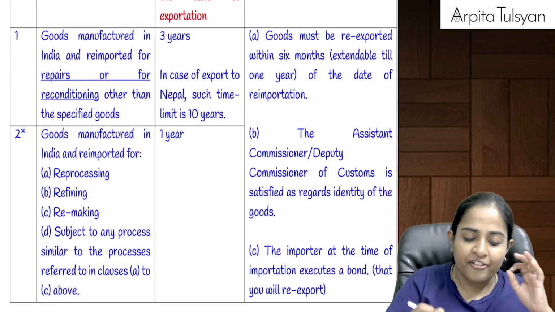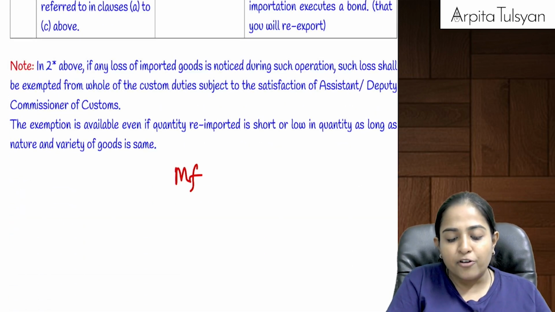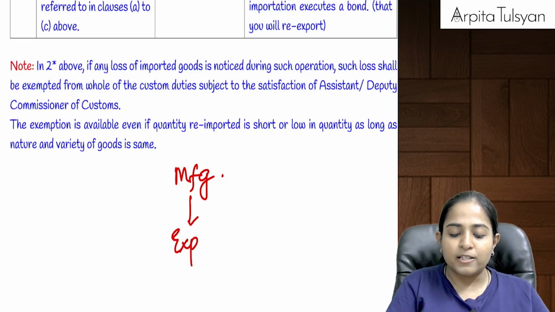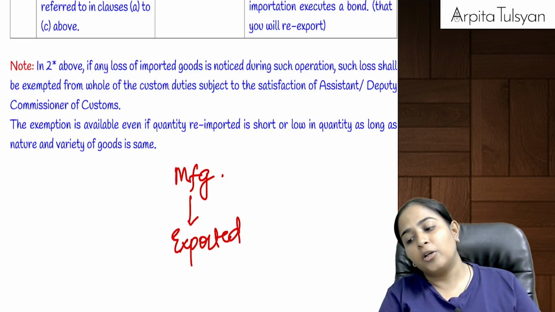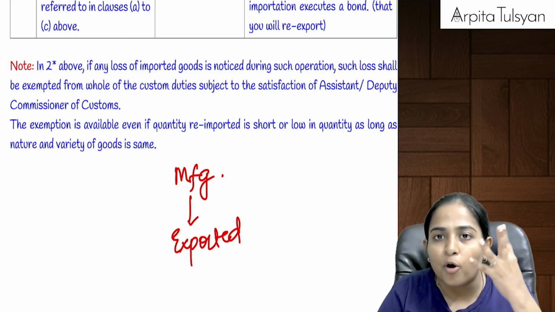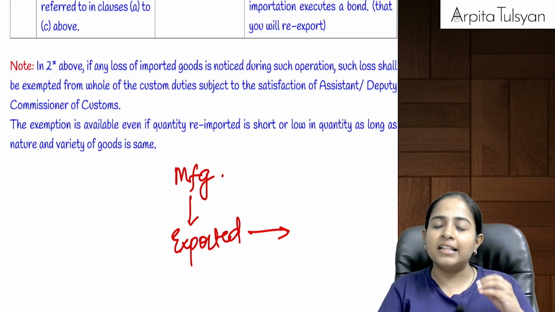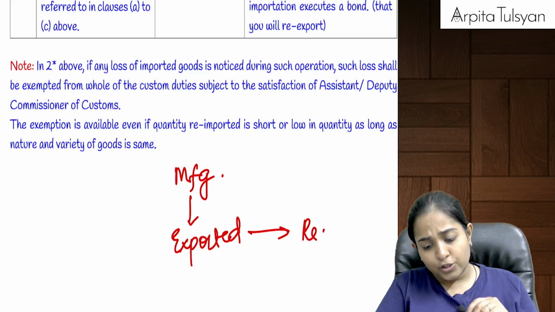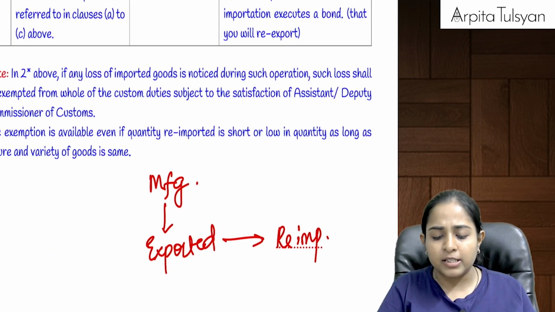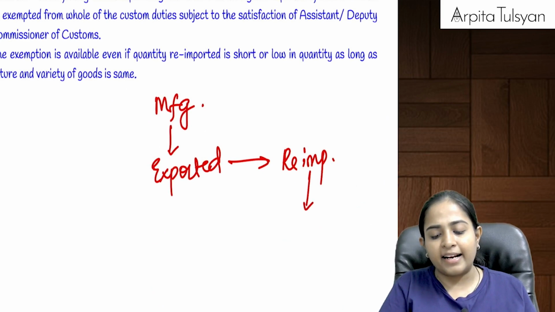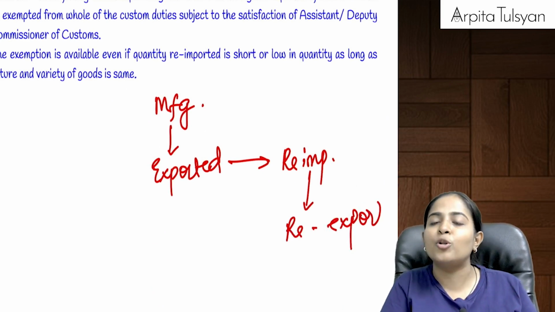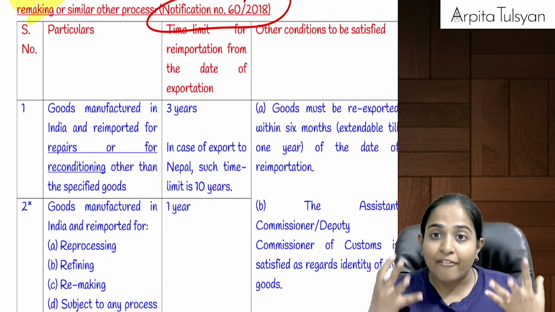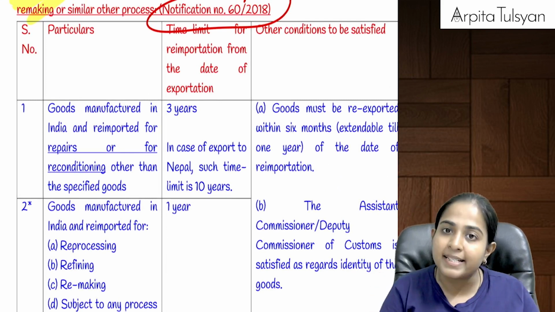Now first one, your very good thing here is you have manufactured the goods. It was made in India, make in India concept. After manufacturing, you exported the goods. Now, when you exported the goods to the other country, they are facing some problem with the goods. So, they have sent the goods to you for the purpose of repair, reprocessing, etc. So, can we say this will lead to re-import of goods? And after doing the repairs, can we say we are again going to re-export those goods to the other country? Yes. And now, listen, since the goods are made in India, we will have to provide them that support of doing the repairs, etc. Yes.